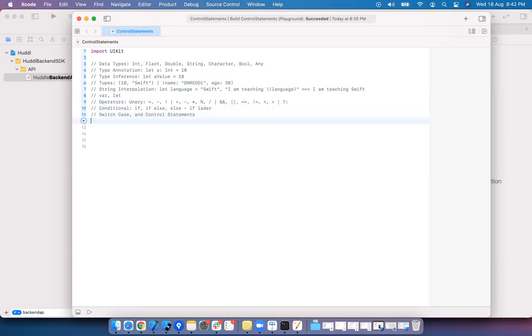If you see here, let's say I want to check I have marks, and I want to check whether he is in first class or second class or third class. My conditions are: first class means above 70 marks. Second class means above 60 and below 70.